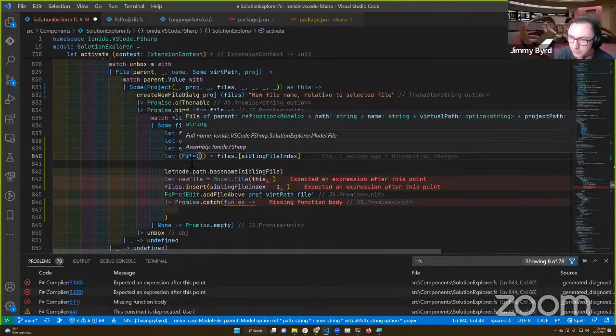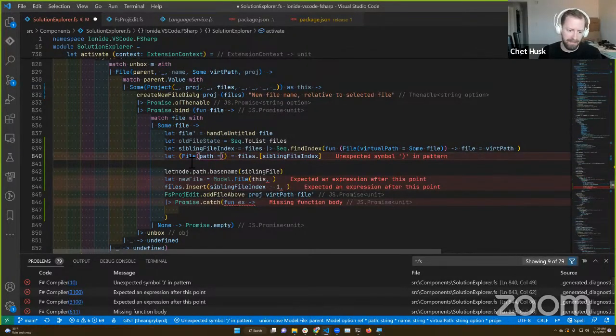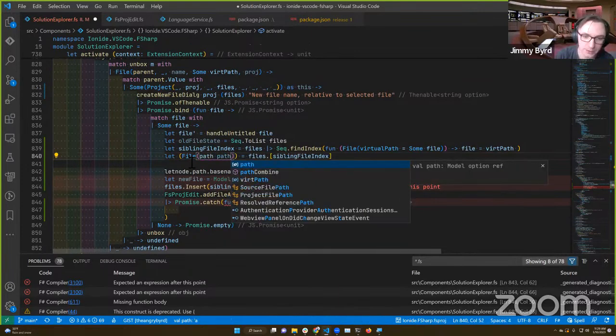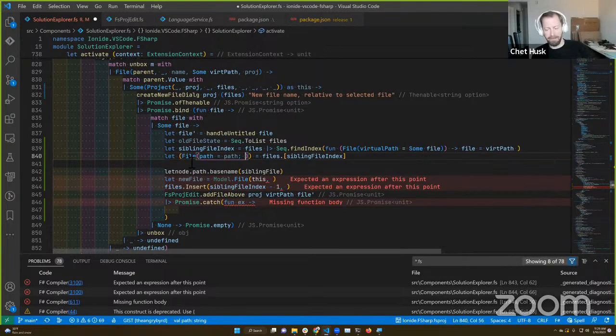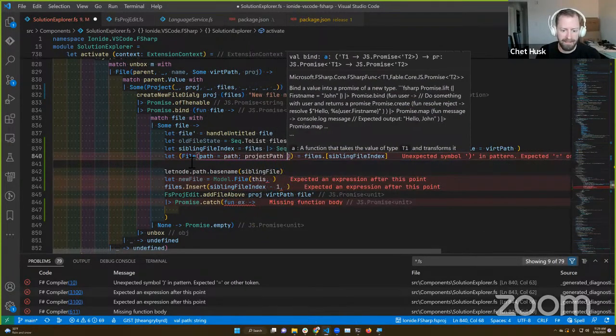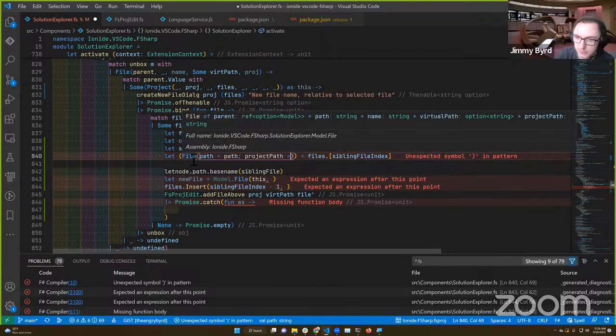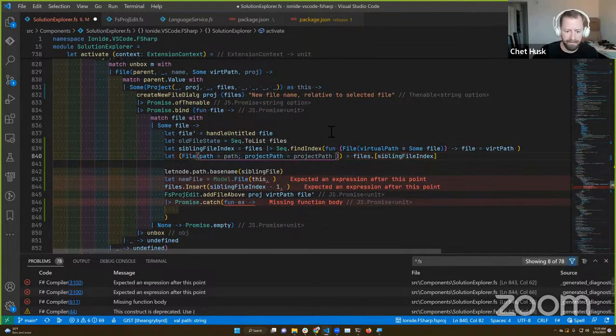So we care about the path, and also the project path. Okay, path, which we could probably also get from the parent project in the match on line 831, but hand wave. Did I give it the right name? Yeah, it's project path. Okay. Sweet.